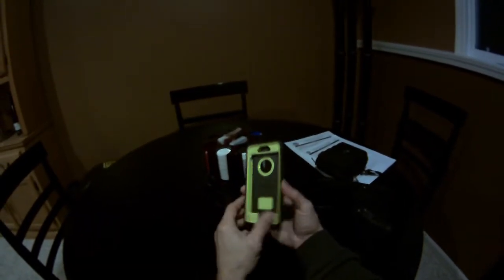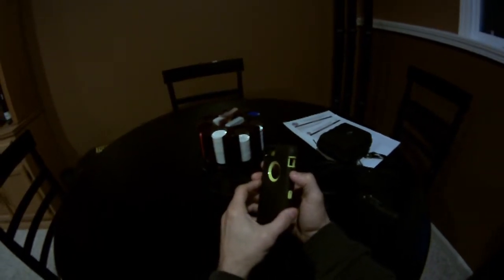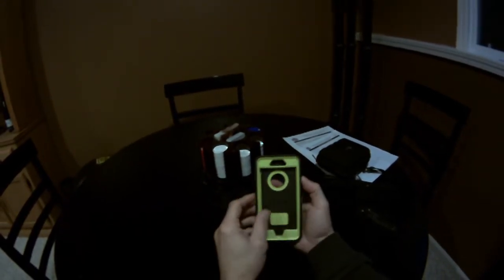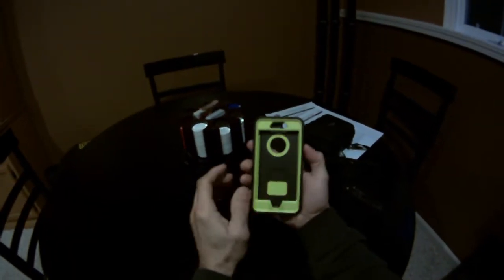Protection is phenomenal with Otterbox. It really is. The biggest complaint I have, other than the size, but you just know that going into it, you're getting more protection. It's going to be thicker. It just is. However, the buttons do not push well at all. As a matter of fact, you have to push them so hard to activate them